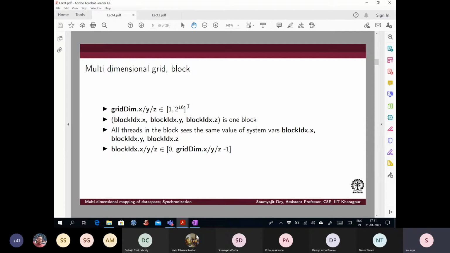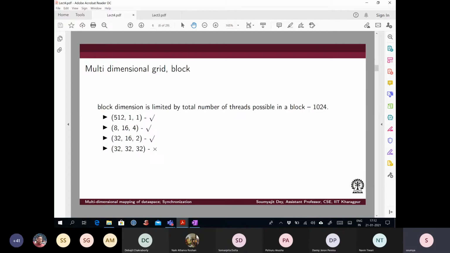From that perspective, your grid dimension has an upper limit, and it is an upper limit in each of the dimensions, but that doesn't mean it will stay so for the future. As new architectures evolve, these things may change. But what is important for you to understand from a coding perspective is that till date, the size of blocks is limited by a number 1024. I think in new architectures, it is 2048.